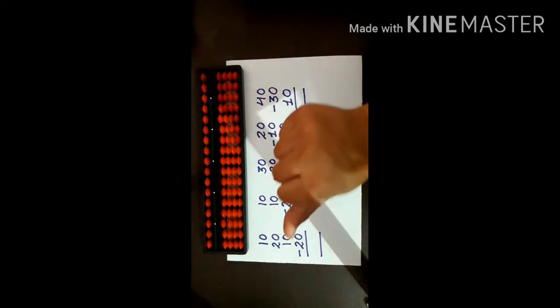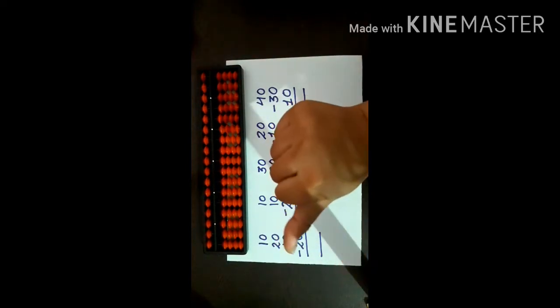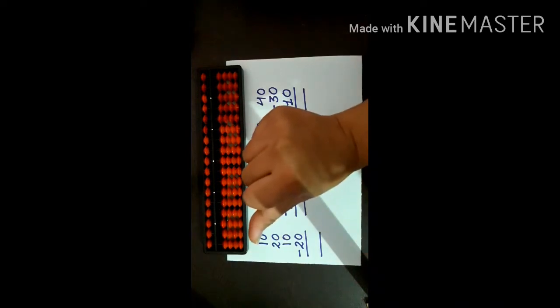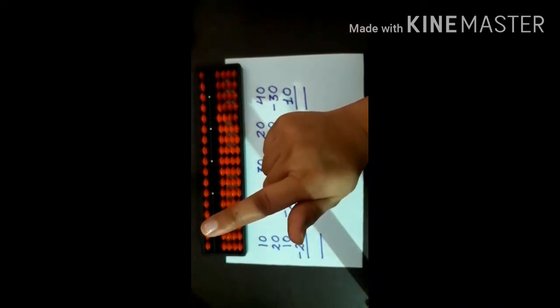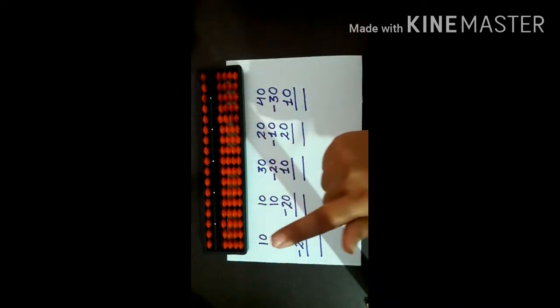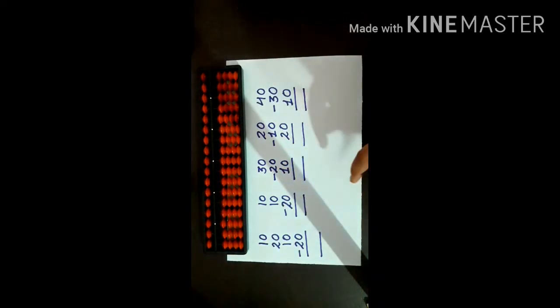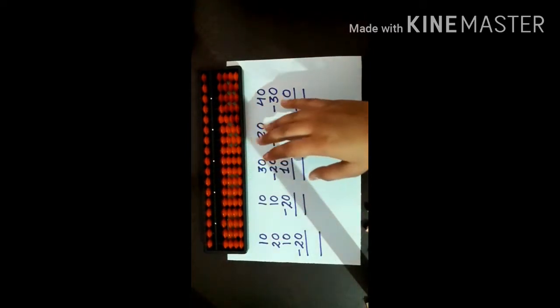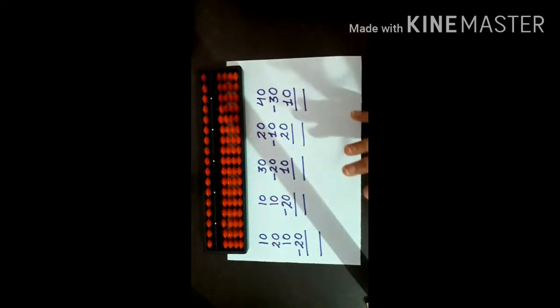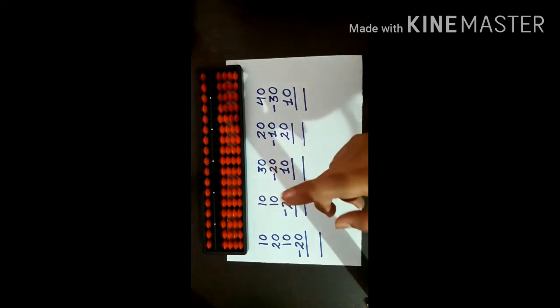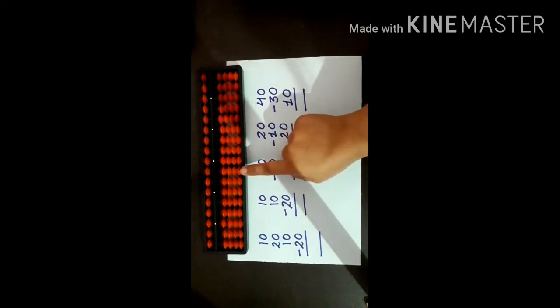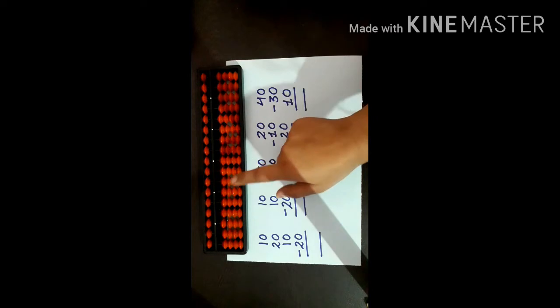As you know, for adding you have to do up, for subtracting you have to do down with your index finger, and for up, use the thumb. Before doing the calculations, you have to set your abacus, upper beads up, lower beads down, and today you have to do the calculation in tens rod, lower beads.